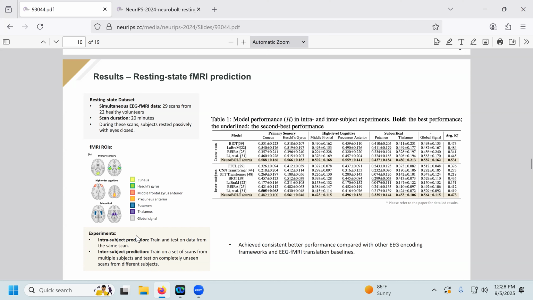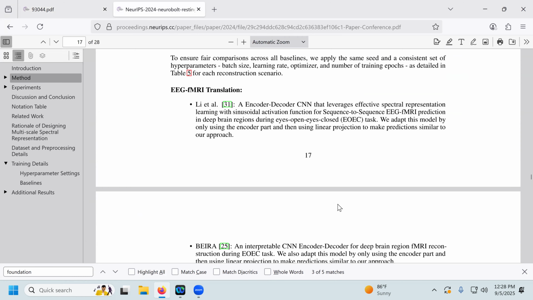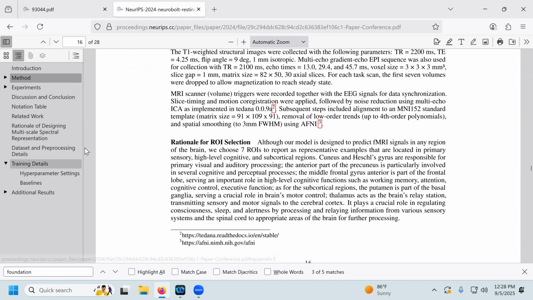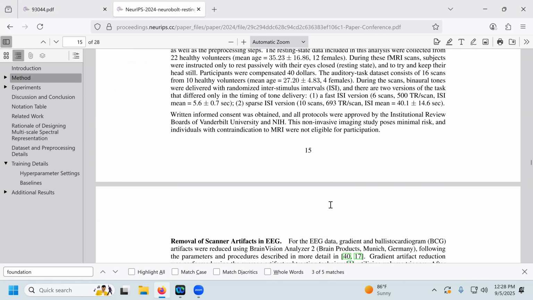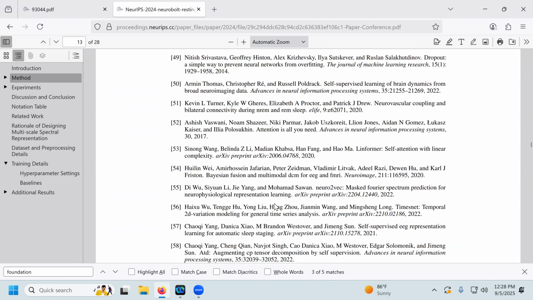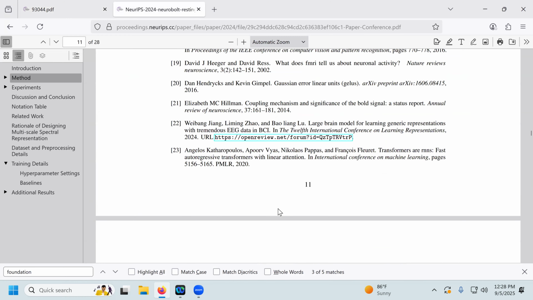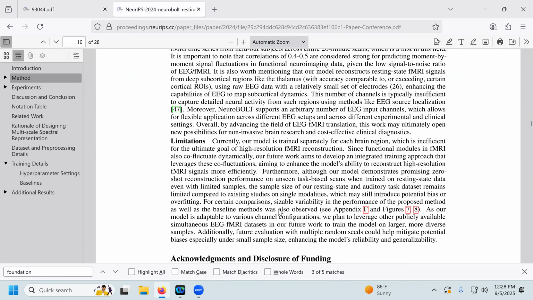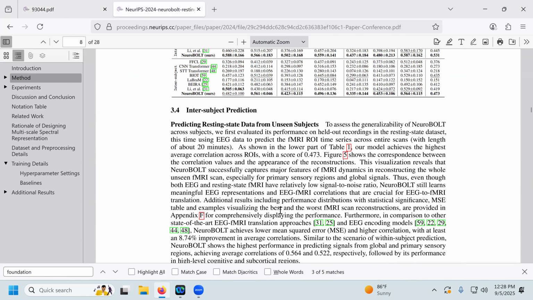But do they talk at all about leave-subject-out, or how they do this cross validation? Do they use the same subject in test and train? Maybe more in the... Yeah, they didn't talk about it in the main paper, and I didn't read the supplement. That's also important to generalization, right?